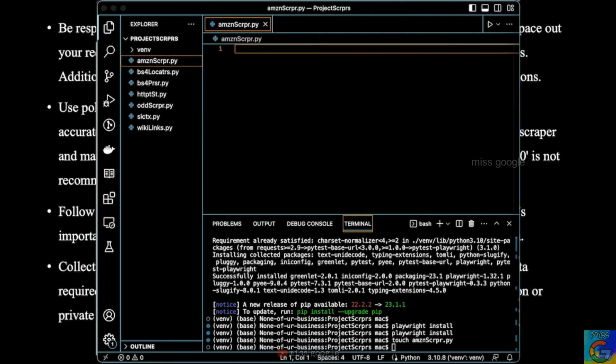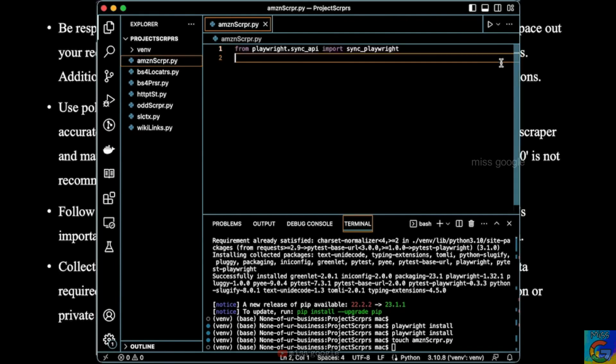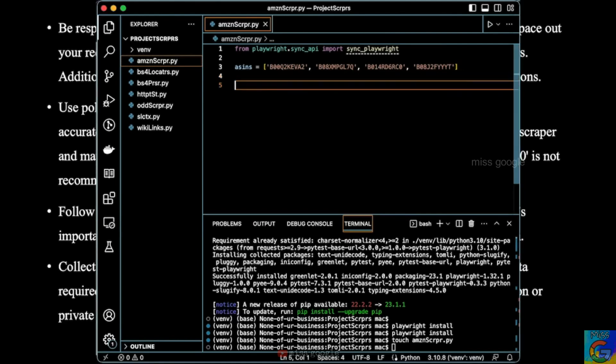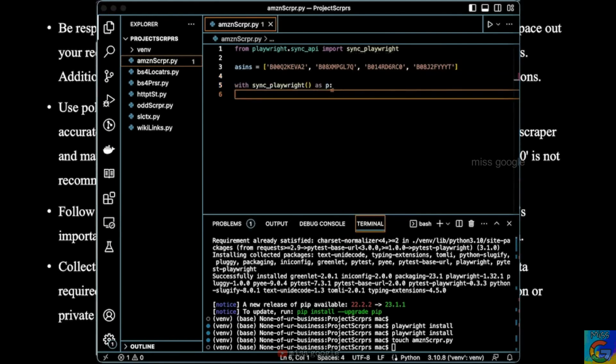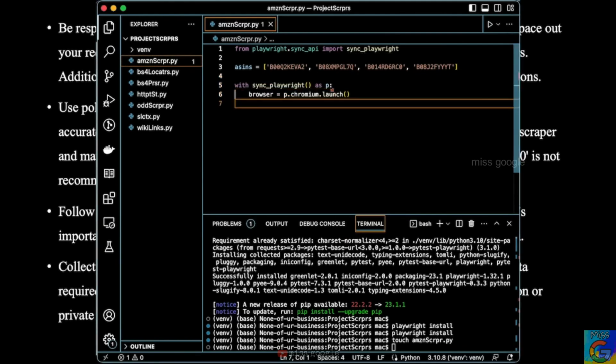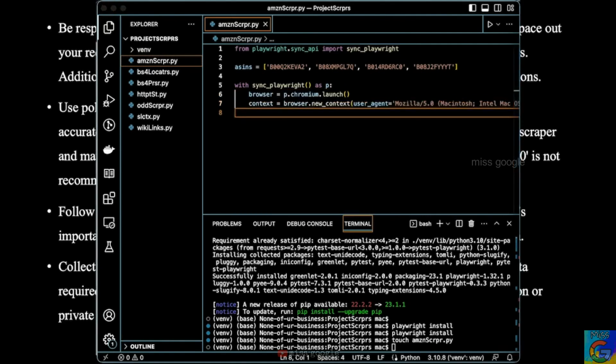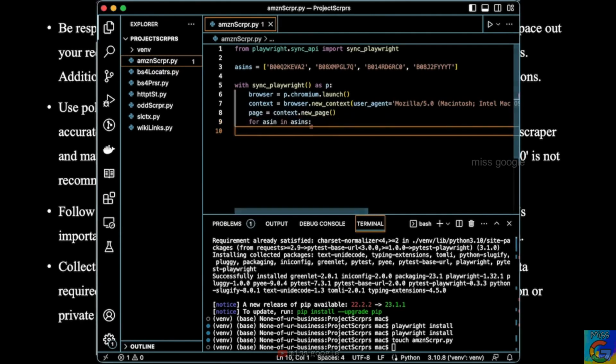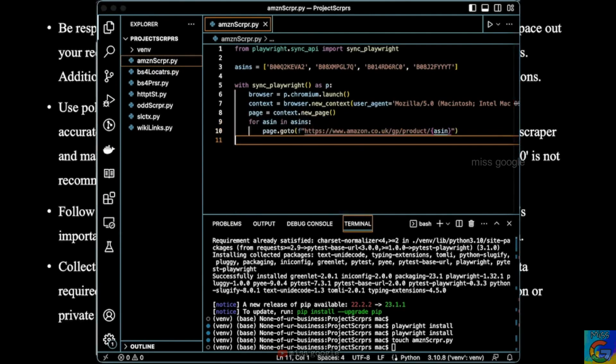So the first thing is from playwright.sync_api import sync_playwright, and this line imports the sync_playwright function from the Playwright Python library, which is used to automate interactions with web pages. We create a list of the identifiers containing four Amazon product unique identifiers. Now, using the context manager with sync_playwright() as p,